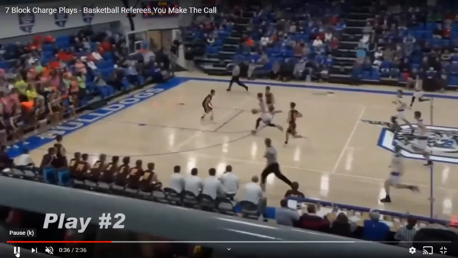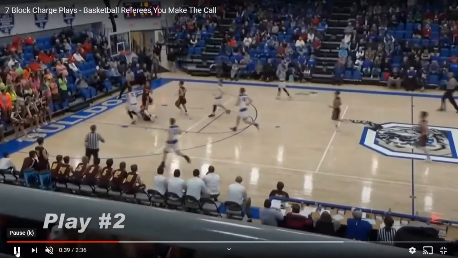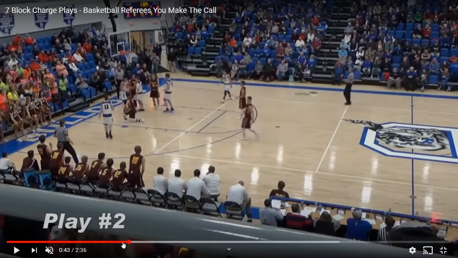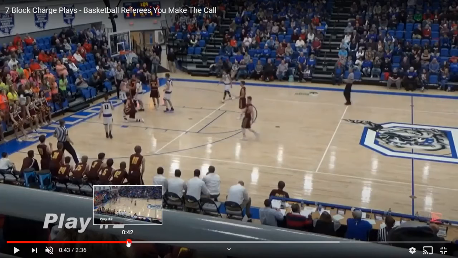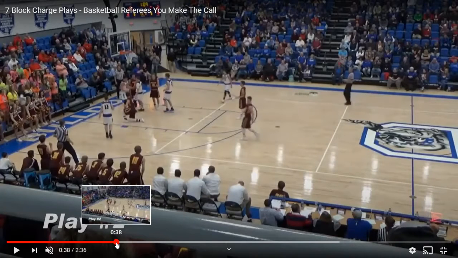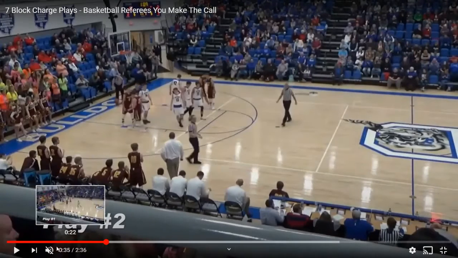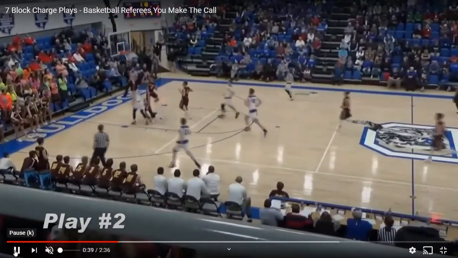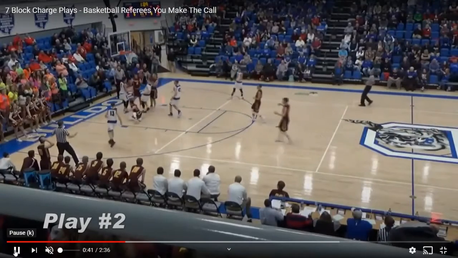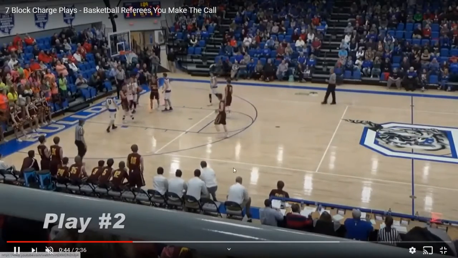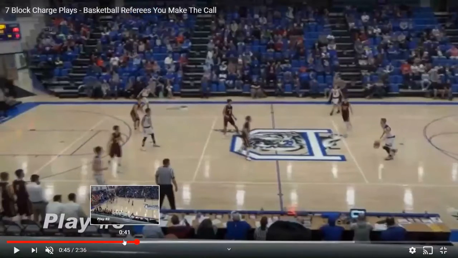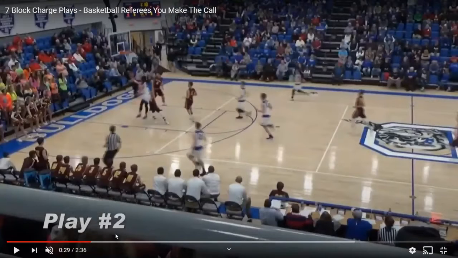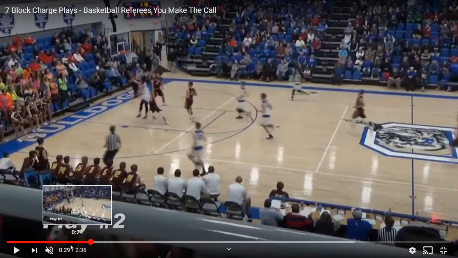All right, so we have play in transition. Looks like probably minimal contact here. And also, if you could run that back, let's look at how the offensive player somewhat changes direction to try and avoid the defender. And the defender actually falls in a direction that's opposite from the direction the offensive player is going. He falls kind of underneath the basket, towards the basket at an angle. So I think we have the correct call here.